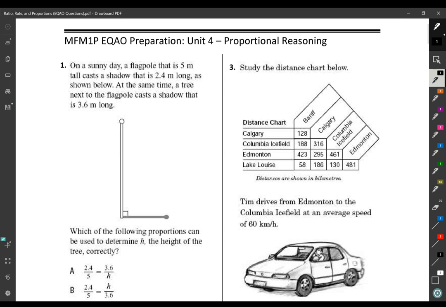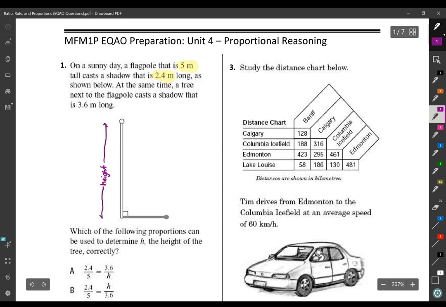So let's read through these questions and let's make sure we highlight any important information. Question 1 says, on a sunny day, a flagpole that is 5 meters tall casts a shadow that is 2.4 meters long. So we have a flagpole here, and this is the height of the flagpole, from here to here. And it casts a shadow that is 2.4 meters long. So here's the length of the shadow, from here to here,